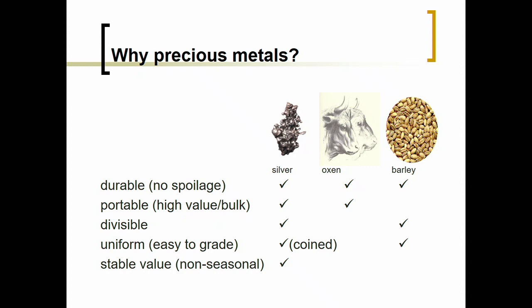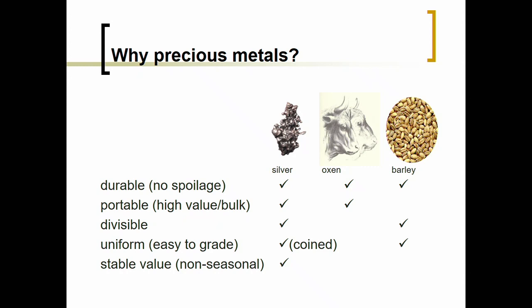If you're using something like tulips as currency, today you're kind of going to be screwed. And this whole summer we might be screwed with snow like this, ruining the spring. But something like silver or oxen or barley, which have all been used as currency, they're pretty durable. Barley, as compared to other foodstuffs, is pretty durable. It's not going to spoil, at least not quickly.